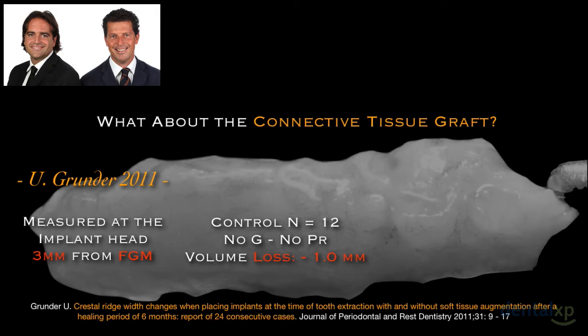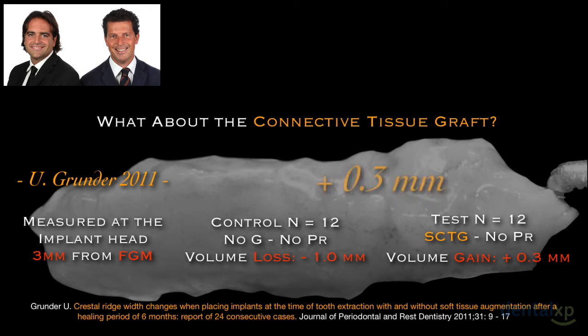I want to underline volume, because he was looking at the buccolingual contour change. And the second group was the test group, with 12 patients as well. He didn't place the provisional, but he placed the connective tissue graft, and he had a volume gain of plus 3 mm only by placing the connective tissue graft. So by looking at this